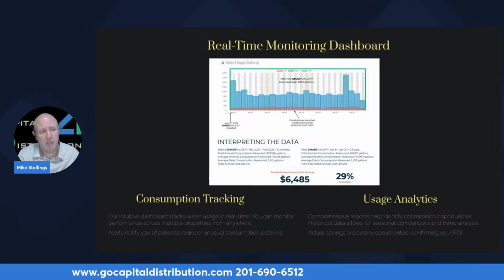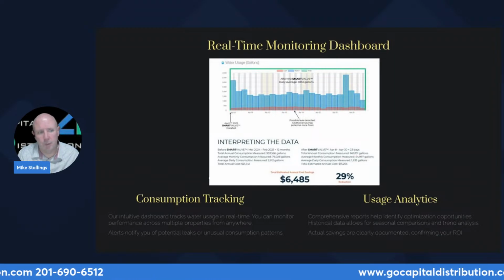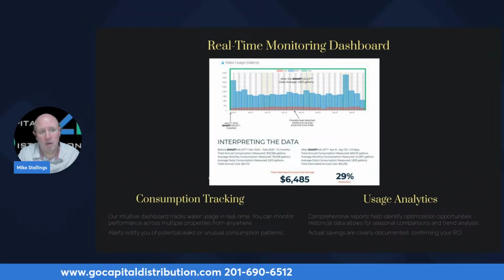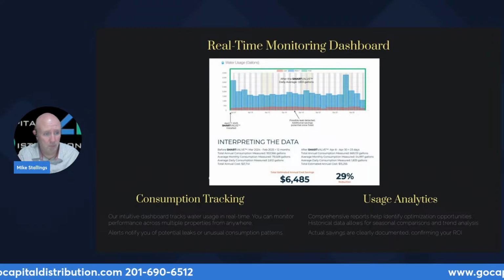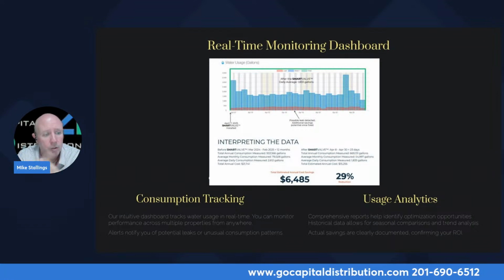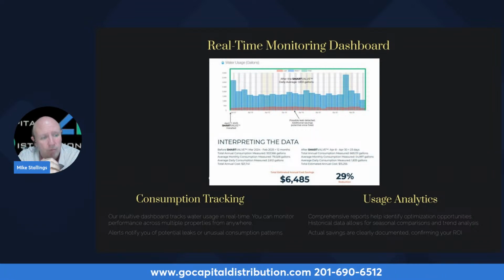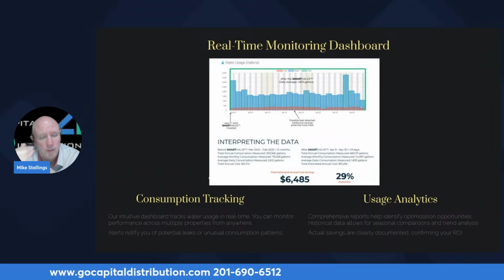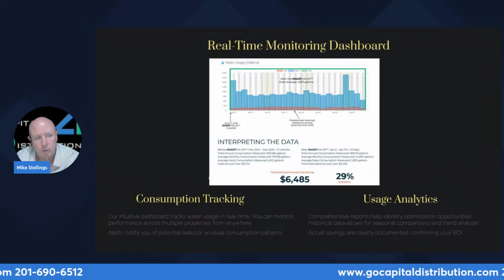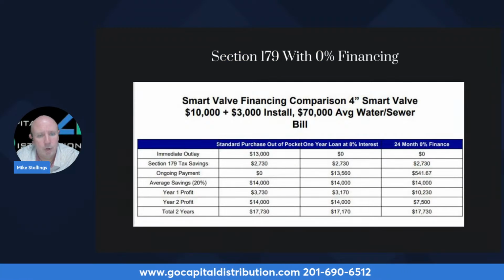So that gives you peace of mind. People that have had this happen to them know, whether you're talking about a hospital, hotel, senior home, or apartment complex, a lot of times you don't know you have a leak until you get the next bill. And that could be monthly or quarterly. So this lets you know right away that you have some kind of leak going on because you're outside your daily average or daily threshold. So it's another important factor. We're not only going to give you the results right away and let you see how much you're saving, you're also going to know, God forbid, if there is a leak on the property.